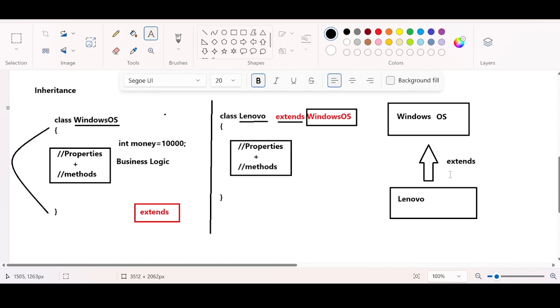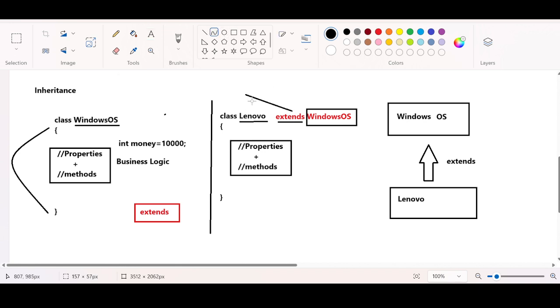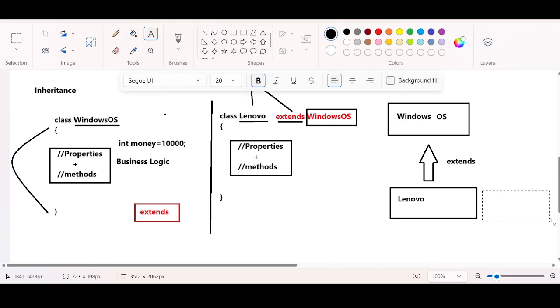What has happened after using the extends keyword? What is the big deal here? We have made two independent classes and created a relationship between them. Now Lenovo has a relationship with the Windows OS class. The class that is making the relationship, the class where you are using the extends keyword, or the class just before the extends keyword, Lenovo,